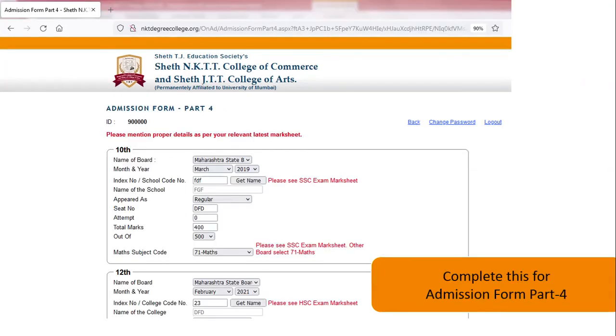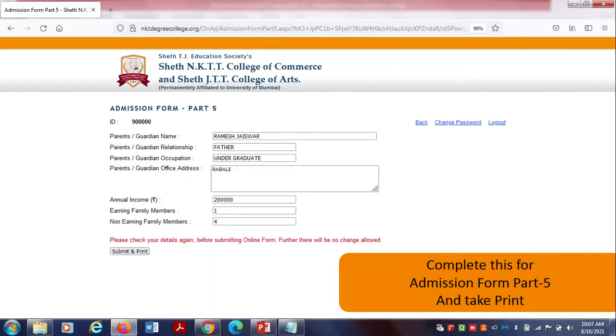Now in Part 4, we have to fill all the necessary information for 10th and 12th class as mentioned here. Save and next, it redirects to Part 5 and here we have to mention the parents' or guardians' information, and finally we have to submit.